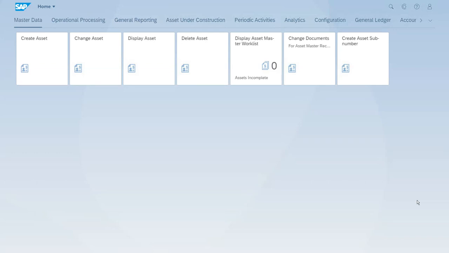We have finished the settlement process for the asset under construction to the finished assets, which in this scenario are just buildings. And now we want to focus on the asset under construction. We want to have a look at the changes for the master record. So let's open general reporting, of course,